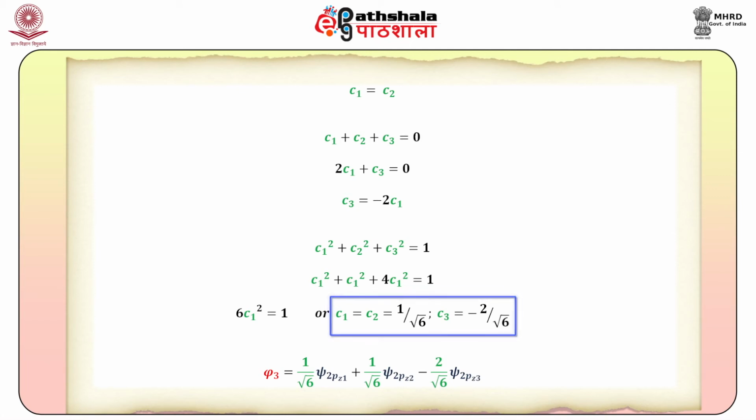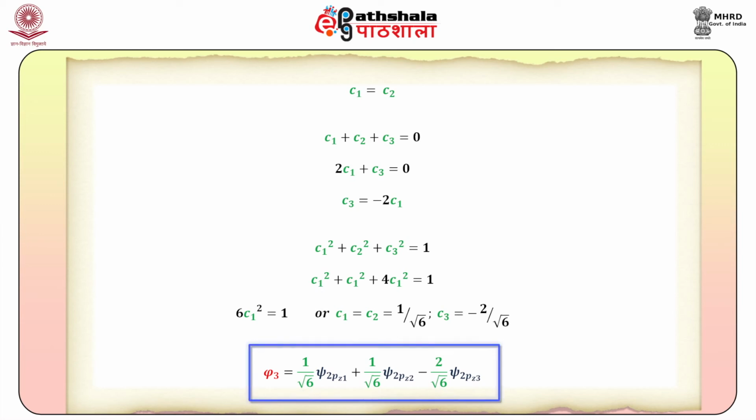Using these values of the three coefficients, one can write the molecular orbital Phi3 as Phi3 equals 1 upon under root 6 psi 2pz1 plus 1 upon under root 6 psi 2pz2 minus 2 upon under root 6